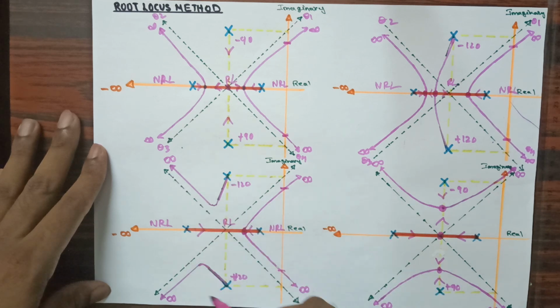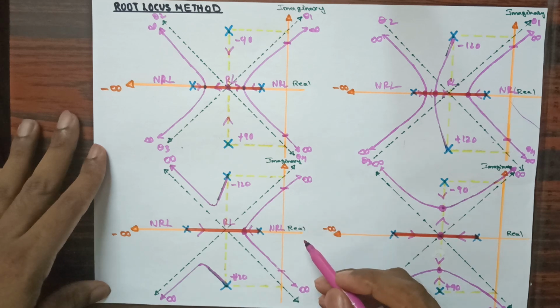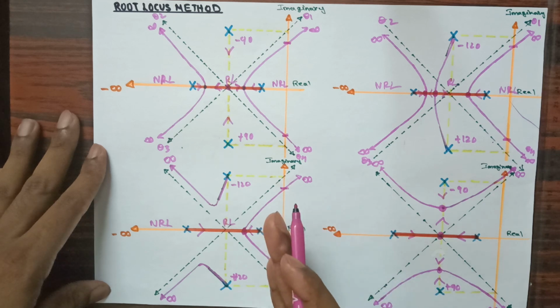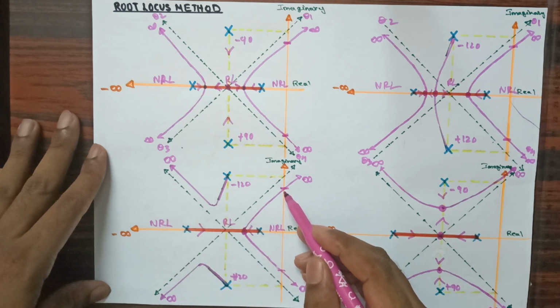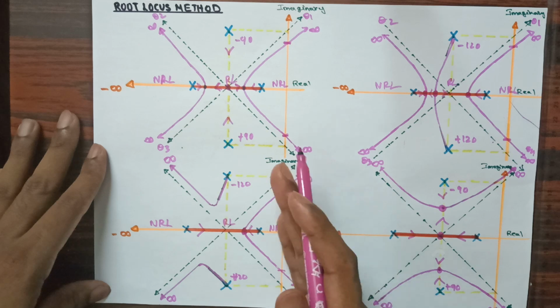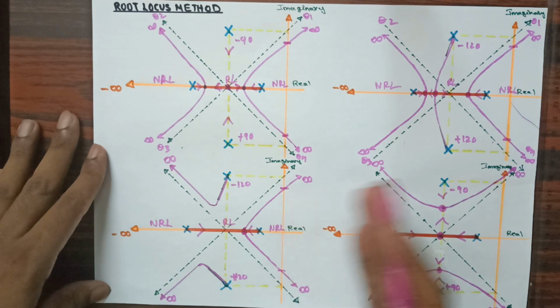So now after plotting the root locus, we are going to comment on the stability, and in this also you can see that for a certain k value the system is stable, and for k equal to some value, that is on the imaginary axis, the system will be marginally stable, and for k greater than some value the system becomes unstable, because for k greater than that value these roots are coming to the right hand side.